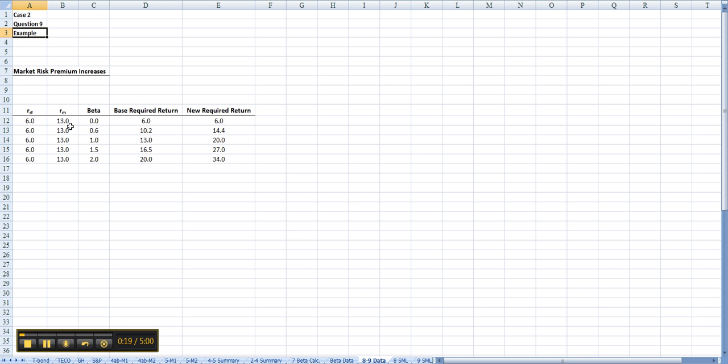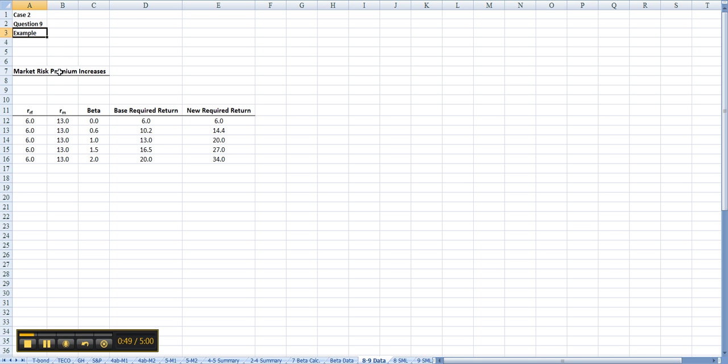What question 9 has you do is take the original SML that you found back in question 8 and assume that things are changing. The first one is that the inflation increases. The next is that the market risk premium increases. And then the third one is, what would TECO's required return be if its beta was 1 instead of 0.6. So for all of these, I'd like you to find out what TECO's new required rate of return is